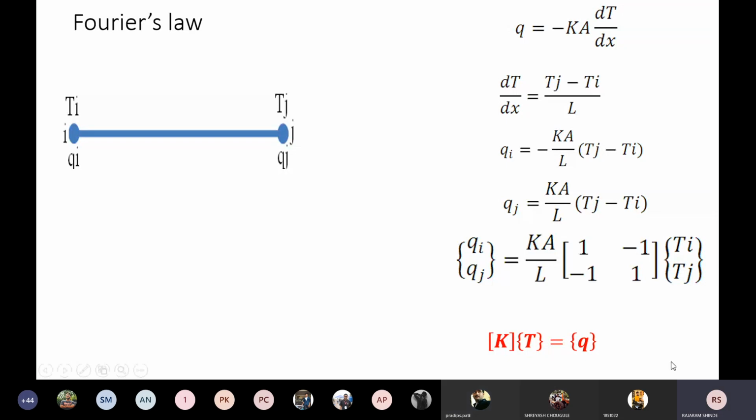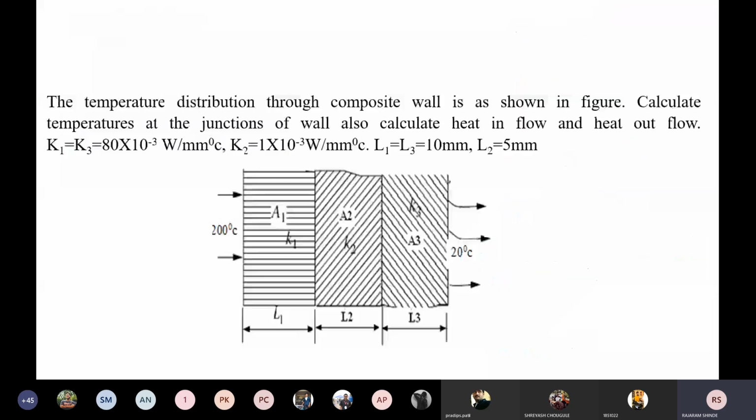Okay. Now this is a finite element equation for thermal problem. Now I will take one or two numericals on this. These numericals are also important, and somewhat complicated as compared to the structural problems. If you have no doubt in the structural problem, then it will be simple for understanding. Now see here, this is your problem. Now you write down this problem, and after completion of writing, you tell me.